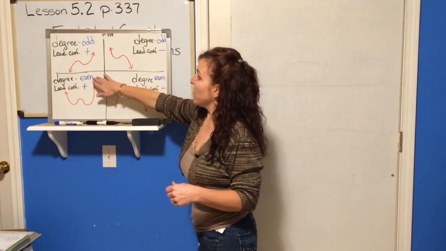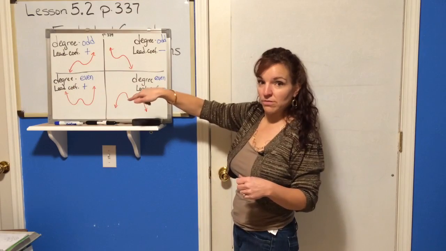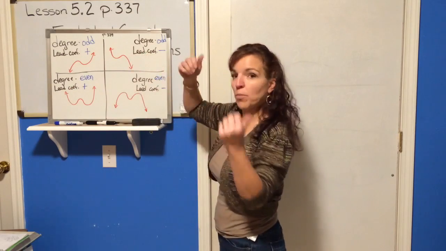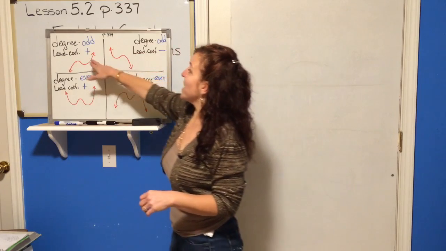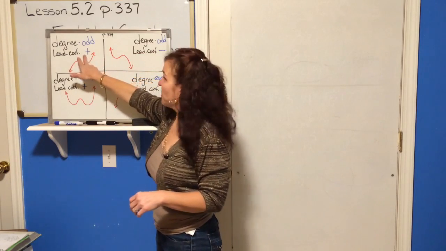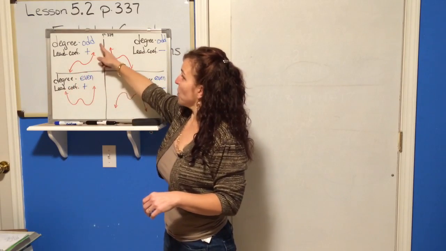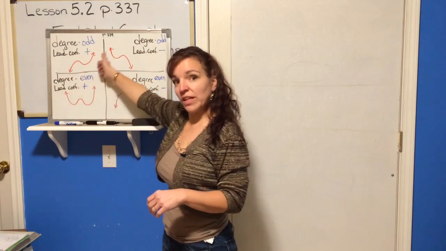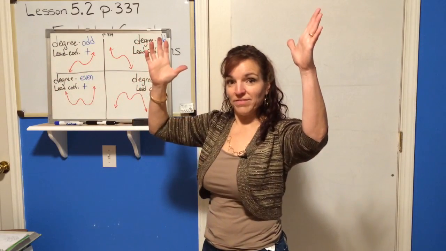If the degree is even, you're going to have both ends up or both ends down. All right, so if it's odd, one up, one down. If it's even, both up or both down. If your leading coefficient is positive, then you're going to end up going up. So if you're odd, you're going to start down and end up. And if you're even, you're going to start up and go up. All right,